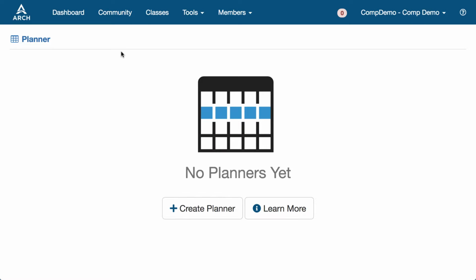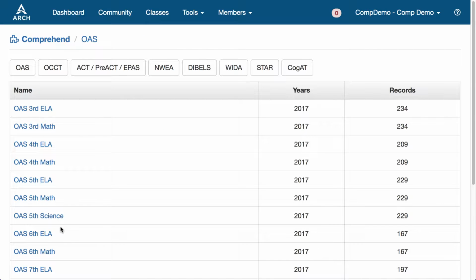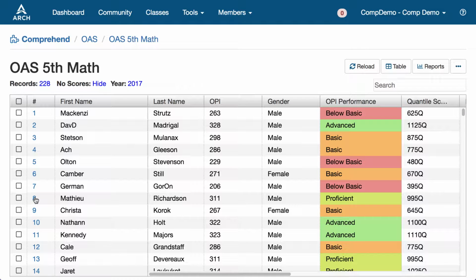In this video, we're going to look at how you can use Comprehend to analyze OAS assessment data from the state. To access Comprehend, you want to click on the tools, go to the specific data set you want to look at. In this case, it's OAS data. I'm going to go to 5th grade math. I have 228 students. All of the students that do not have a score are hidden, and we're currently looking